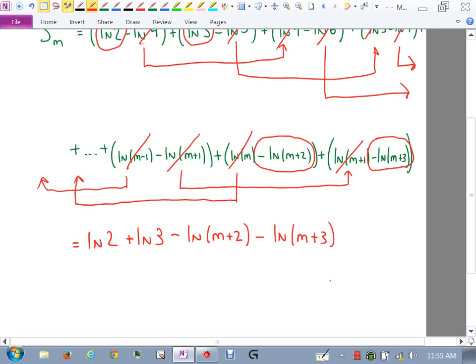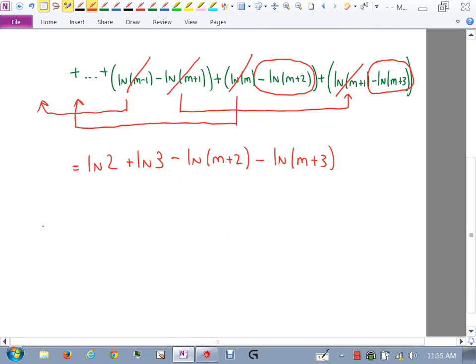What's that? This is natural log of 2 is just natural log of 2. Oh, let's let m go to infinity now, right? If we let m go to infinity, what we get is natural log 2 plus natural log 3, and then